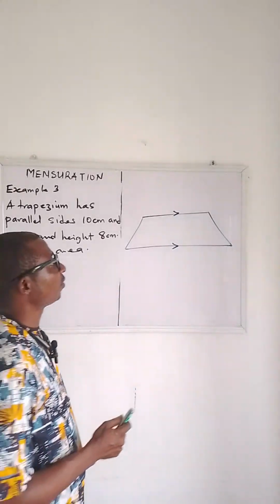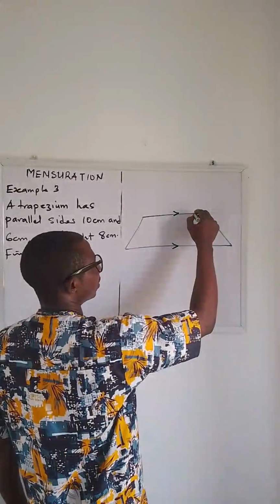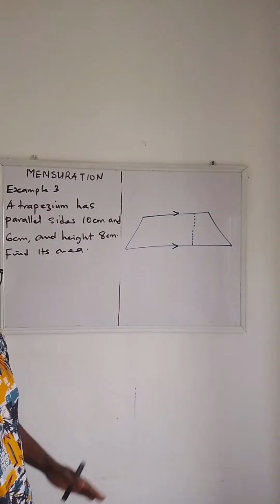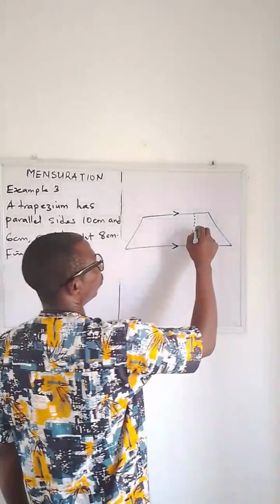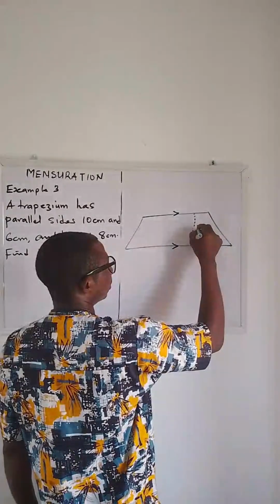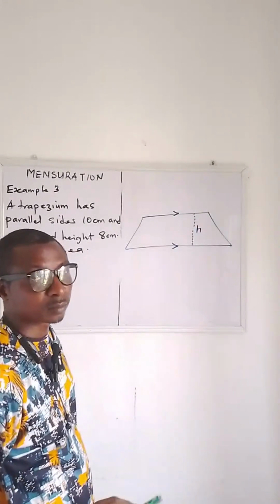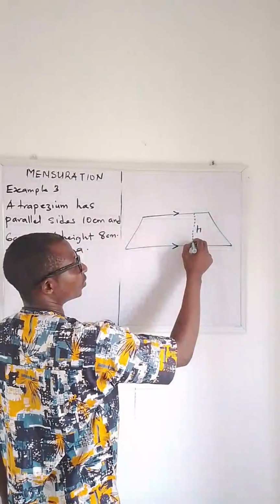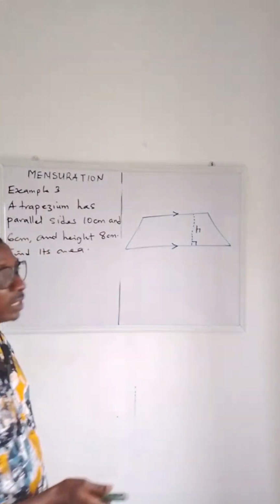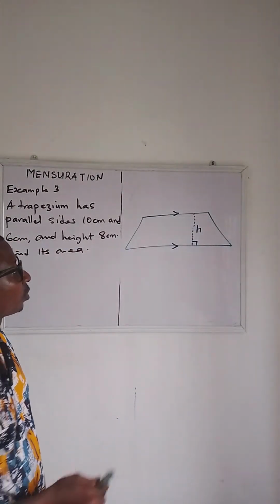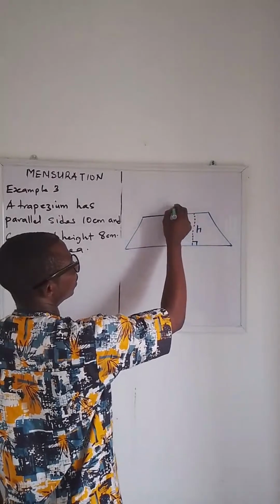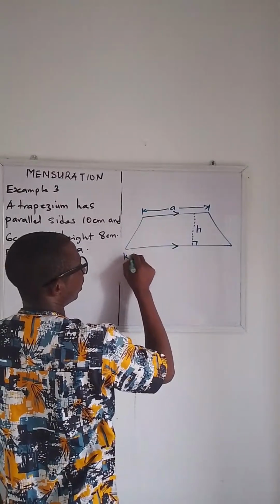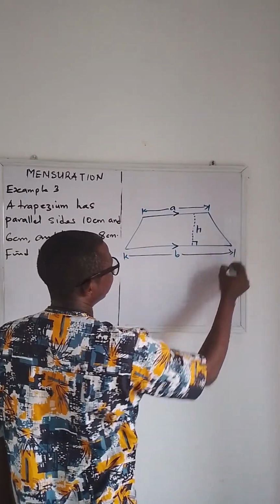Okay. And of course, there's always a uniform distance between the two parallel lines, which we usually represent with h. And that line is perpendicular to the side of the trapezium. So now, if this side is A, and from here to the end here is B,